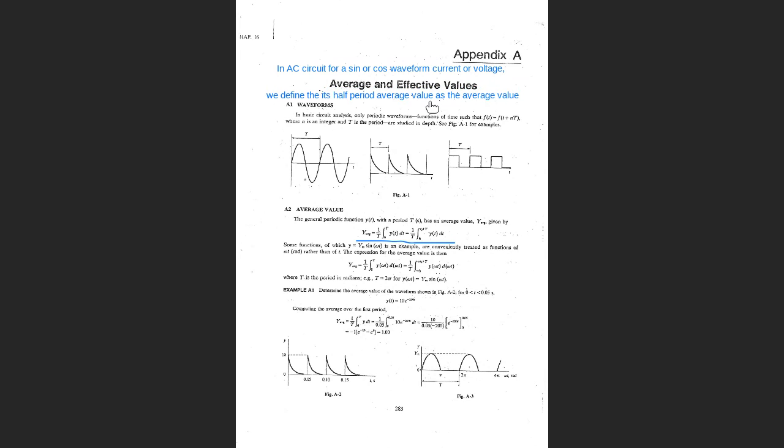Okay, so although, as I said, generally the average values of theoretical functions are defined as the average values over one period, in our case, in the AC circuit, for a sine or cosine waveform current or voltage, we define its half period average values as the average values. So what does it mean? That means we are using here